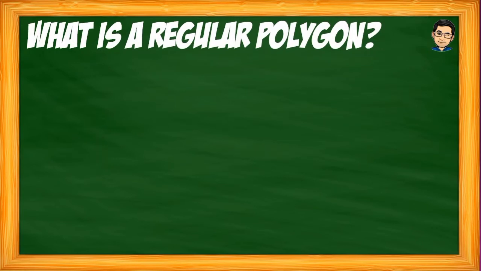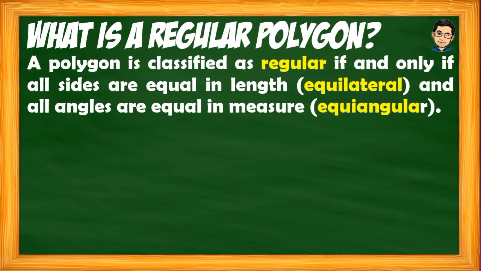Next, what is a regular polygon? When can we say that a polygon is a regular polygon? A polygon is classified as regular if and only if all sides are equal in length, and that is, meron tayong term diyan which is equilateral, and all angles are equal in measure. Ang term naman doon, equiangular. Okay, so